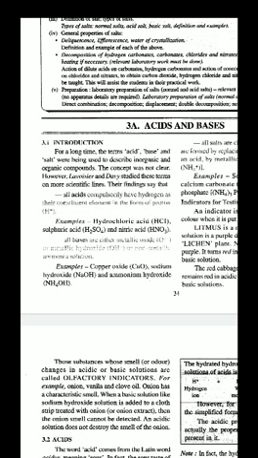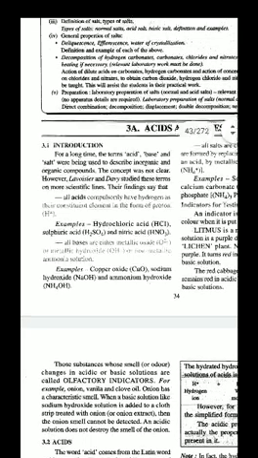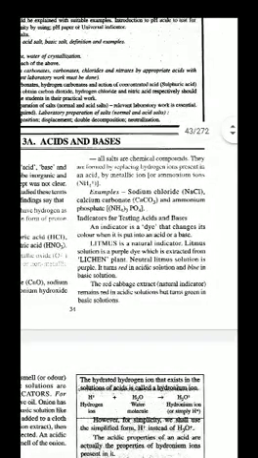All bases are either metallic oxides or metallic hydroxides, or non-metallic ammonia solution. Copper oxide CuO. Children, if you remember in the 9th standard, we already learned that metals form bases and non-metals form acids. Salts are chemical compounds. They are formed by replacing the hydrogen ion present in an acid by a metallic ion. Children, by the formation of water, acid and base combine together to form salt. Sodium chloride NaCl. Calcium carbonate CaCO3.